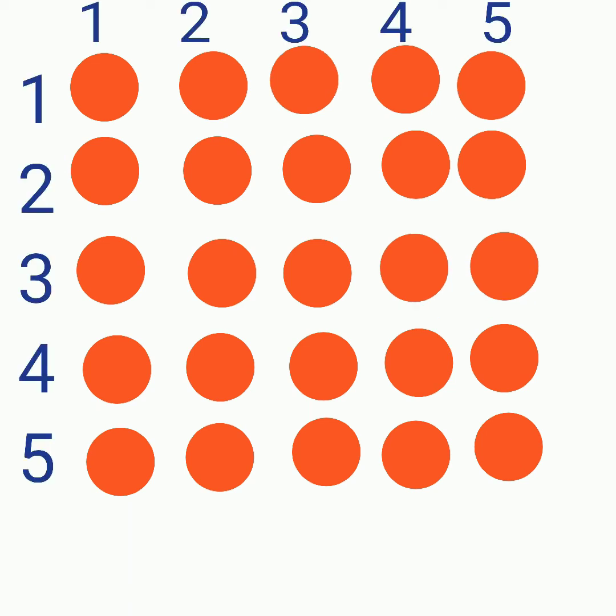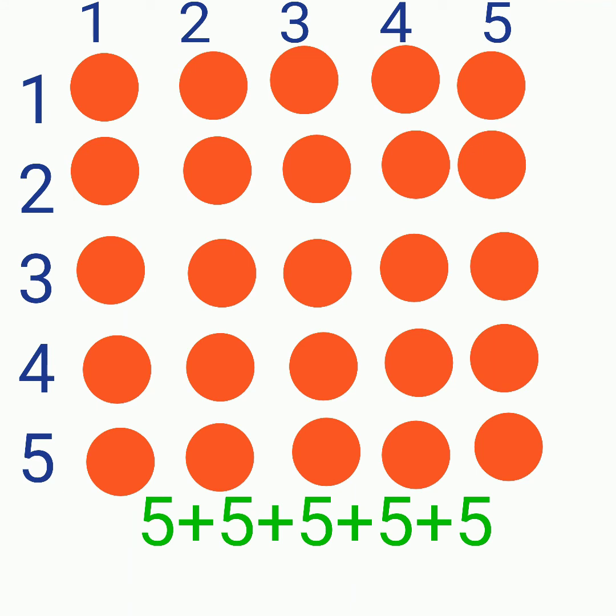There are 2 ways to count the number of circles, as we have seen in the earlier example. First way is by the use of addition and the second one is by multiplication. The first method involves counting the number of circles in one column and then adding them as many times as there are columns. So there are 5 circles in one column and in total there are 5 columns. So we will add 5, 5 times to get the answer.